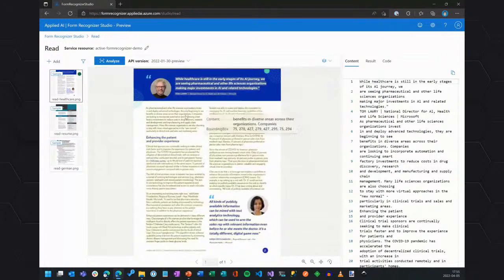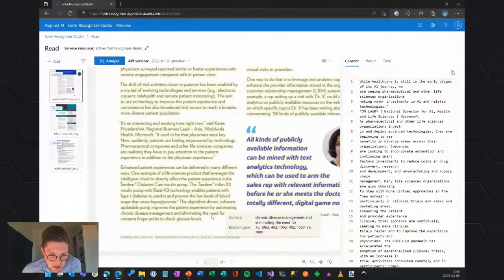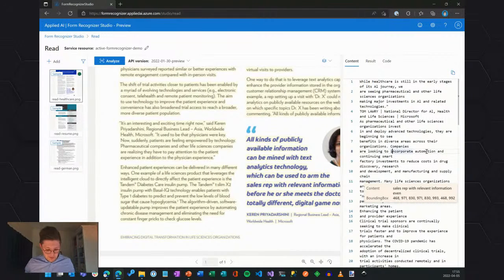But the really interesting part here is the flow. It's been analyzed in natural reading order, so to say. We have two columns here, and the text goes on and on, and it stops here with the need for constant finger pricks to check glucose level. So if we search for that,